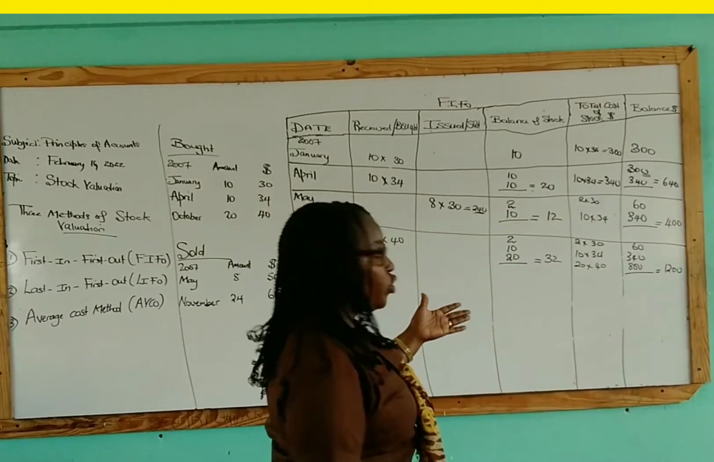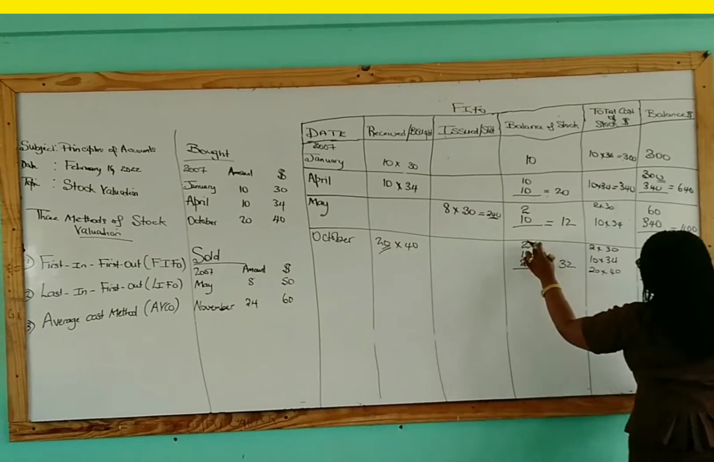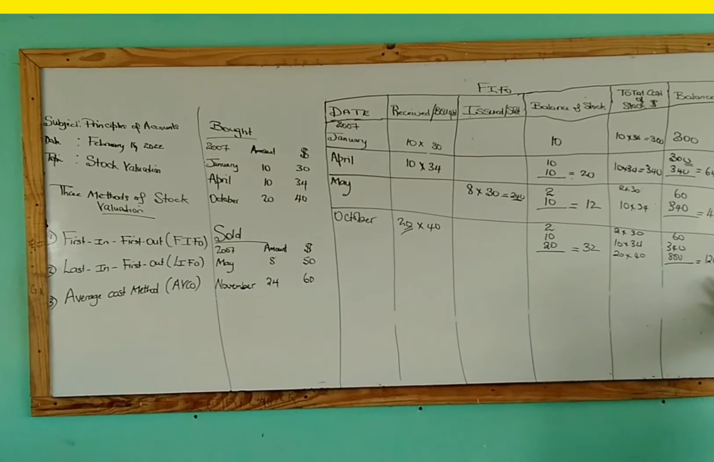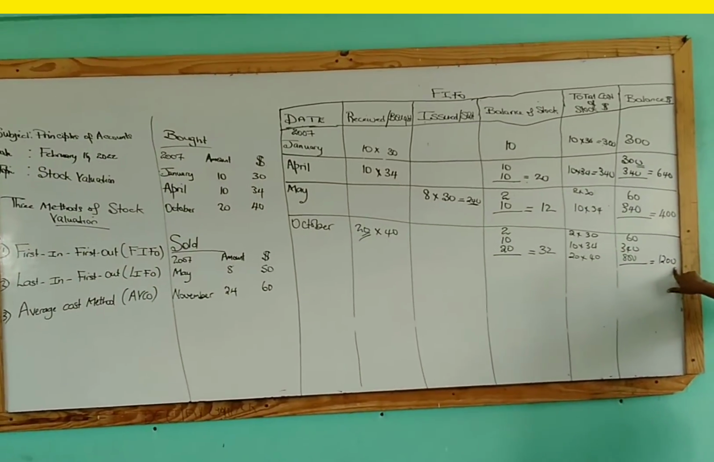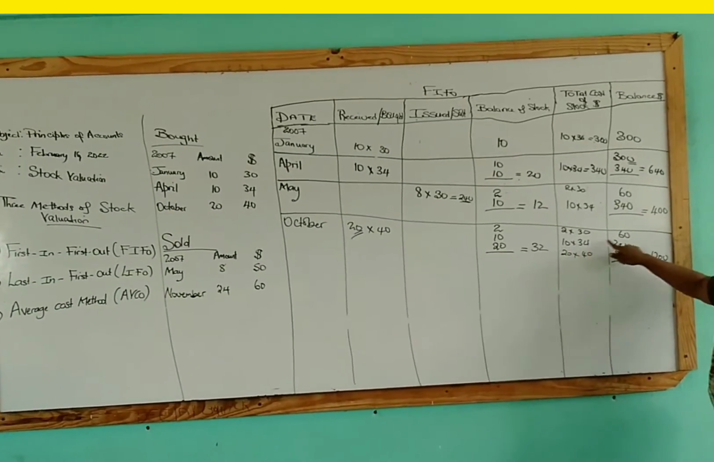Do you understand how I get this? You can choose to do the multiplication on this side or on this side. It doesn't matter. I just want to show you how we arrive at our final figure. It is the 2 times the 30 gives you 60, the 10 times the 34 gives you 340, and the